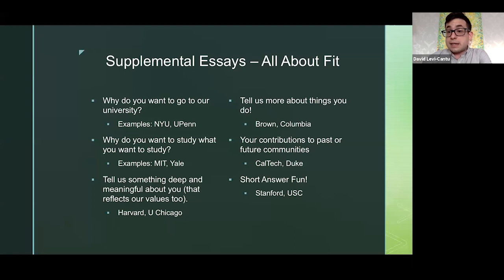And so these essays end up coming in roughly 6 different types. The first very common one is just, why do you want to go to the university? And so, if you write an essay like, I would like to go to Columbia because it's in New York and I like New York, they're not going to like you. They know New York's great. If you write, I would like to go to Harvard because it is the #1 university, they know that.